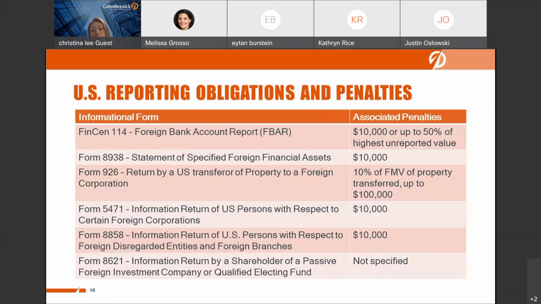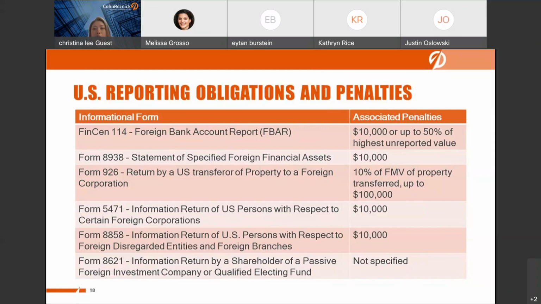And also the statement of specified financial assets that has to be included with an income tax return was initially applicable only to individuals, but thereafter it got expanded to certain other entities as well. The minimum penalty for non-compliance on all these foreign forms is $10,000 in most instances, but it can become very